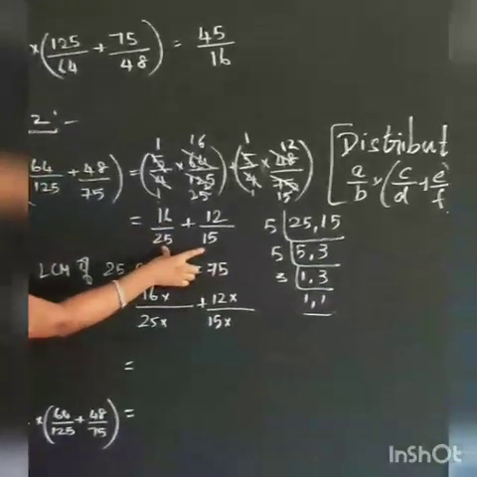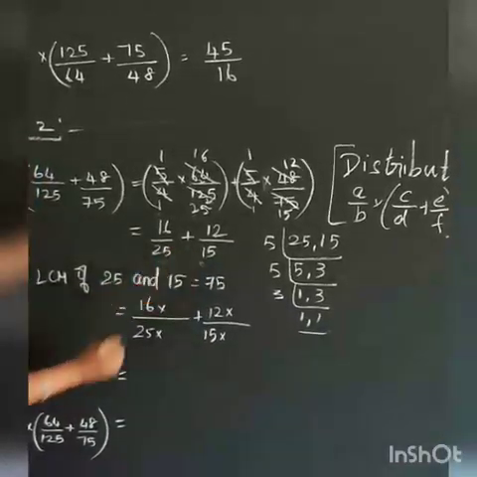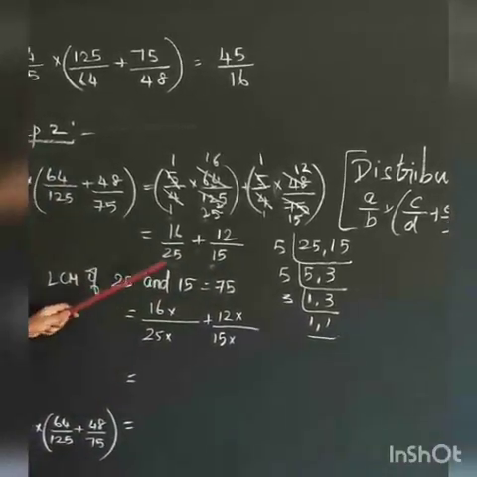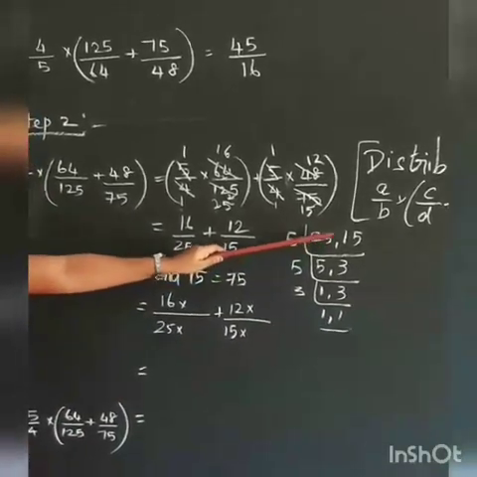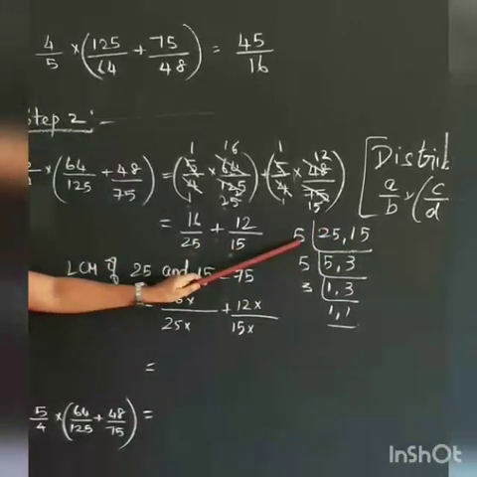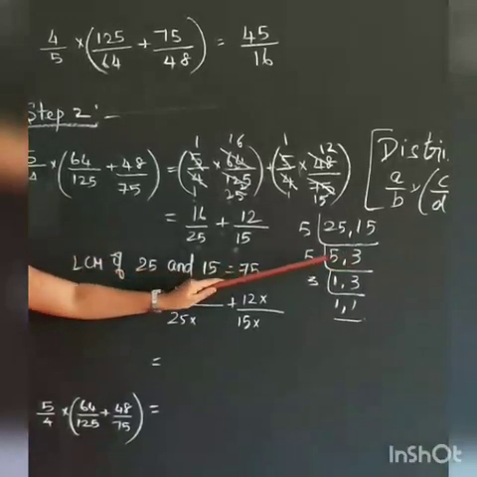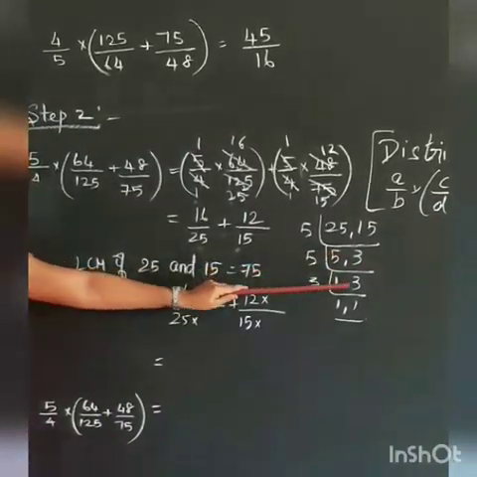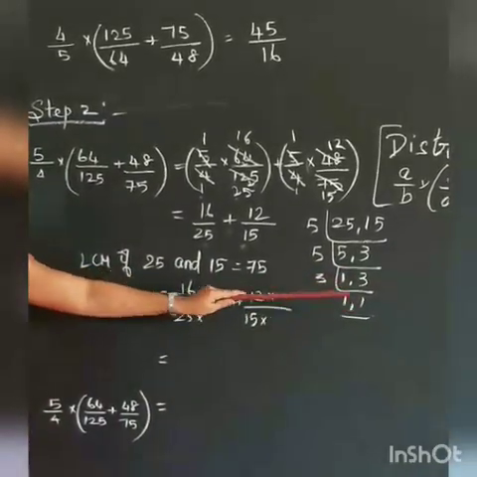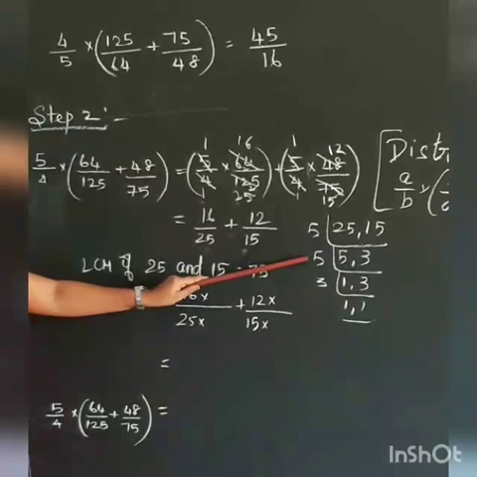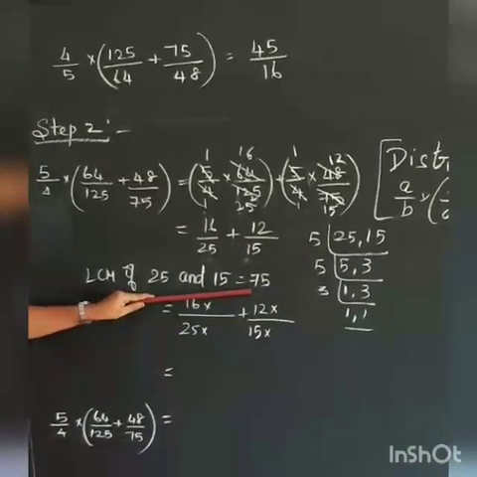Again, these two terms we have to convert into one term by taking LCM because the denominators are not same. So take LCM for 25 and 15. 5 table, both the numbers are odd, which is 5. So we can choose 5 table because 5 is a prime number. 25 is 5 times, 15 is 3 times. Again 5 table, 5 1 times, 3 as it is because it is not divisible by 5. Again 3 table, 3 is 1 times. Now multiply and see. 5 5s are 25. 25 into 3 is 75. So your LCM answer is 75.